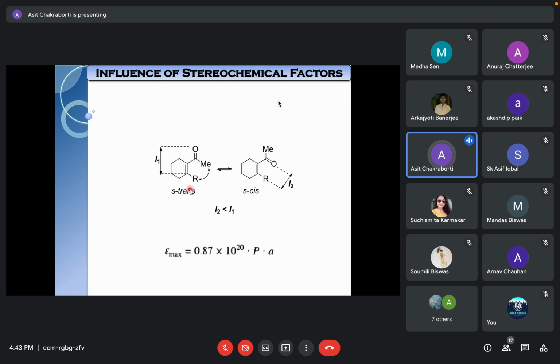So now there will be an unequal distribution of the molecule. It will depend upon how much steric factor is taking place. So that means whether the molecule is in the S-trans form or S-cis form, looking at the epsilon value we can determine. So you can use UV spectroscopy for determining the stereochemistry, but not all types of stereochemistry. Like this can be done only by UV spectroscopy, right?